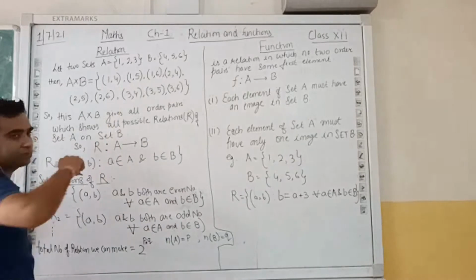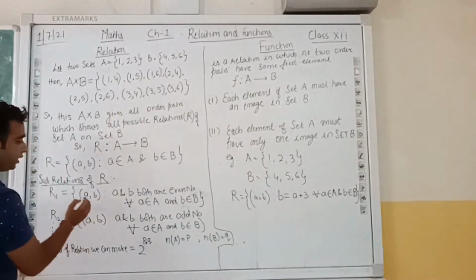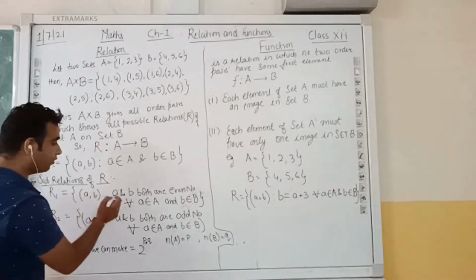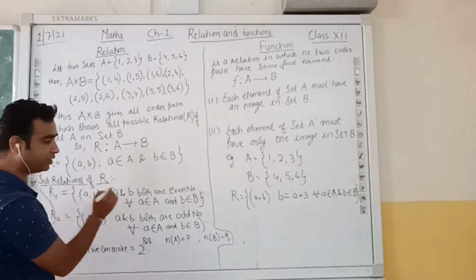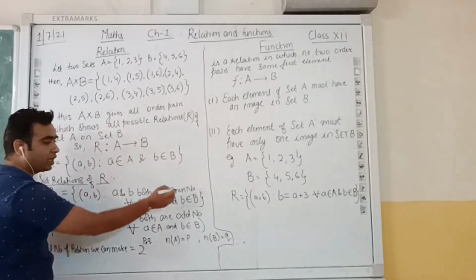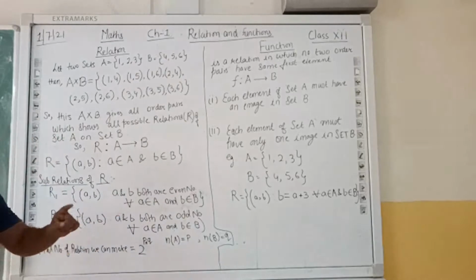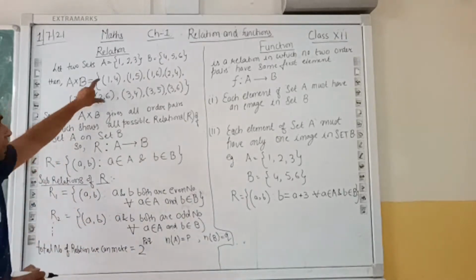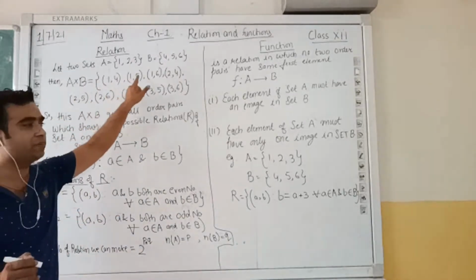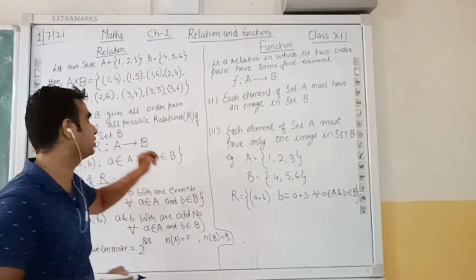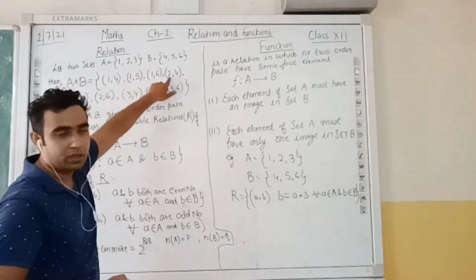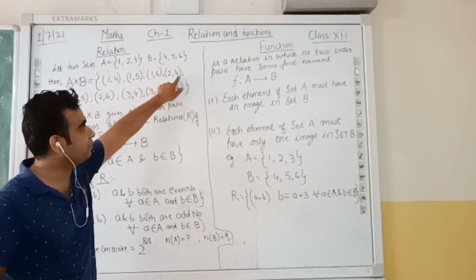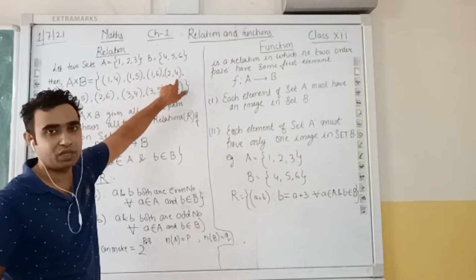from this given Cartesian product A cross B, that (A, B) is an ordered pair where first element is A and second element is B, where A and B both are even numbers. (A, B) is ऐसे order pair जिसके अंदर first element और second element दोनों क्या होने चाहिए, even numbers होने चाहिए. Like here we have this one. Here the first element is 2 and second element is 4. So both the elements are even numbers.